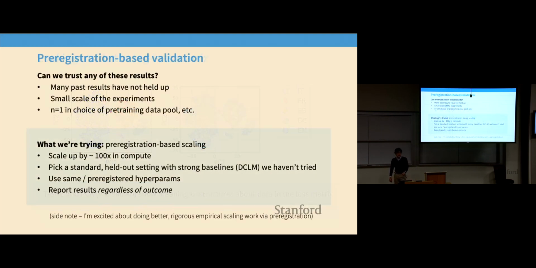Okay, and the final thing that I'm excited about, I've snuck this in there even though this is much less course material and much more research talk material, is thinking about how do we know that the research conclusions we reach are valid, right? I think this is a really difficult problem in machine learning and LLMs and so on. We can't necessarily trust any of these results, and you shouldn't necessarily trust me when I come up here and tell you great results, right? Many of the past results haven't held up. I'm doing these experiments at small scale.